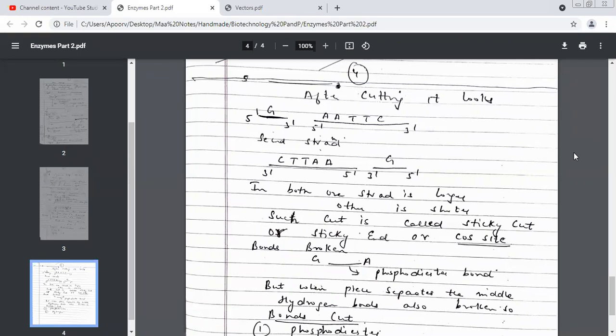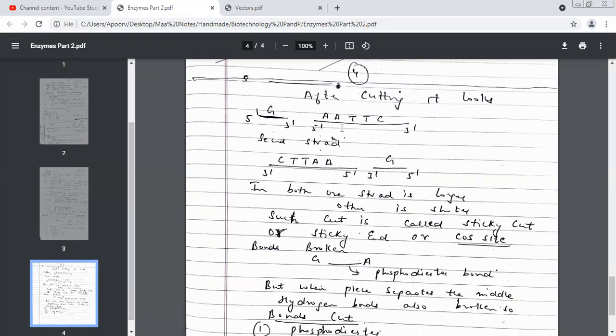Complementary bases. So here they are basically complementary. They will again try to come closer to each other, stick to each other, so that this single-stranded DNA is again converted into a double-stranded DNA. That is why they're known as sticky ends. Only this is there in your syllabus. But let us understand that also.